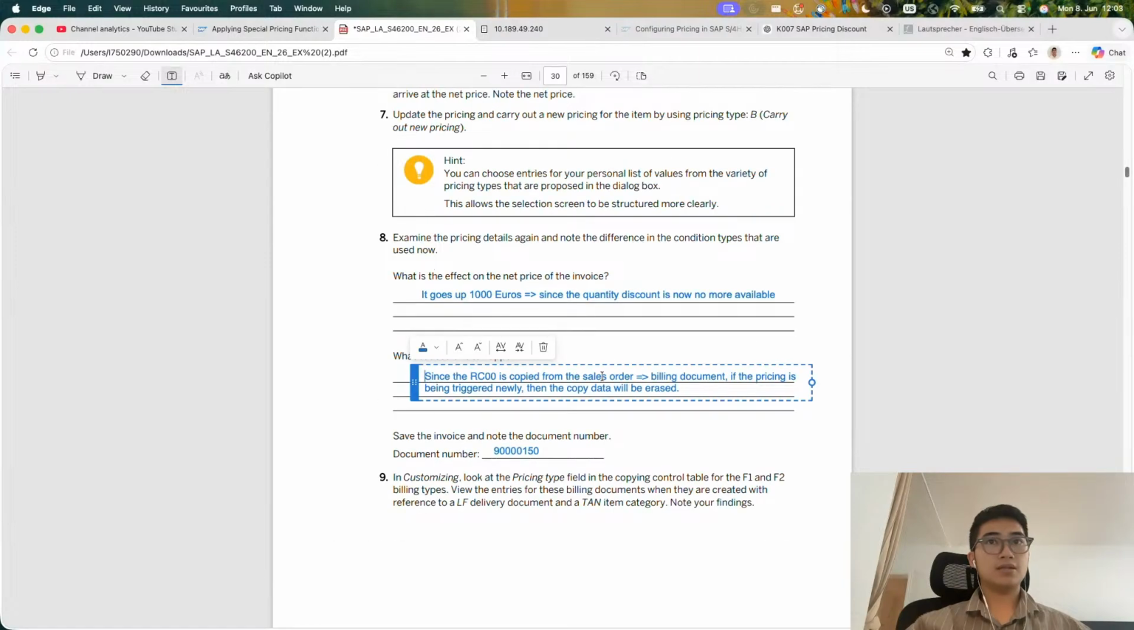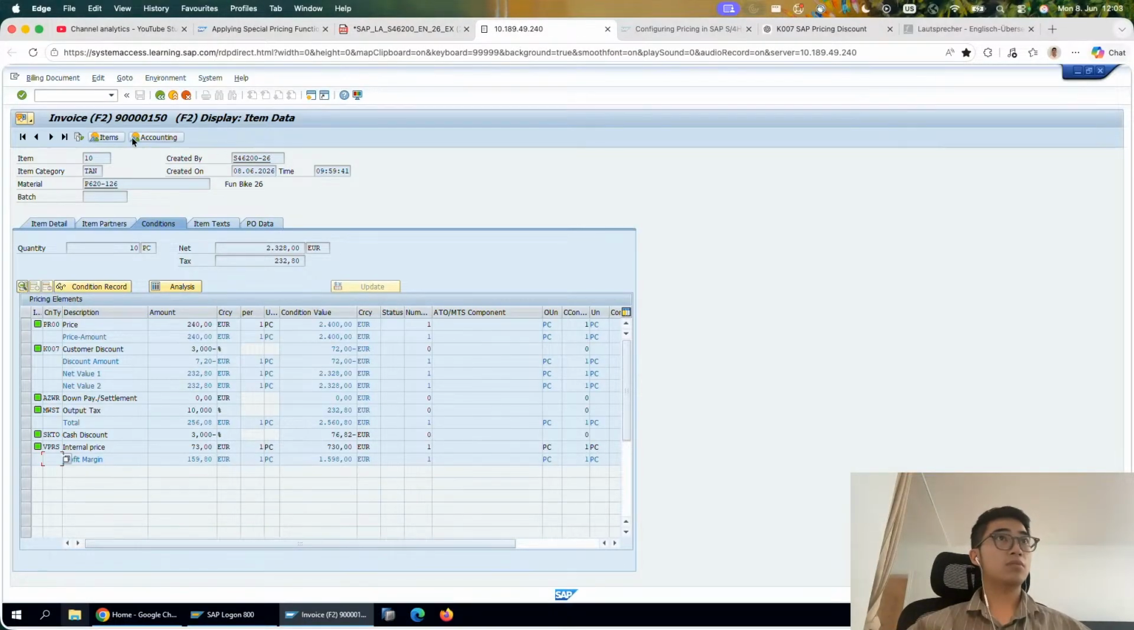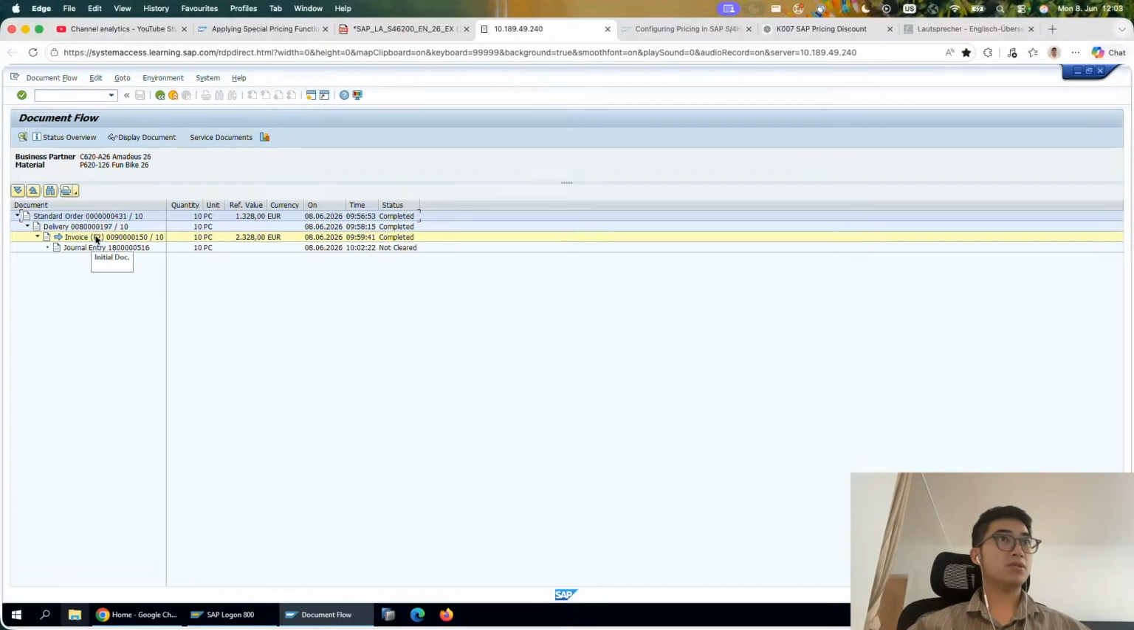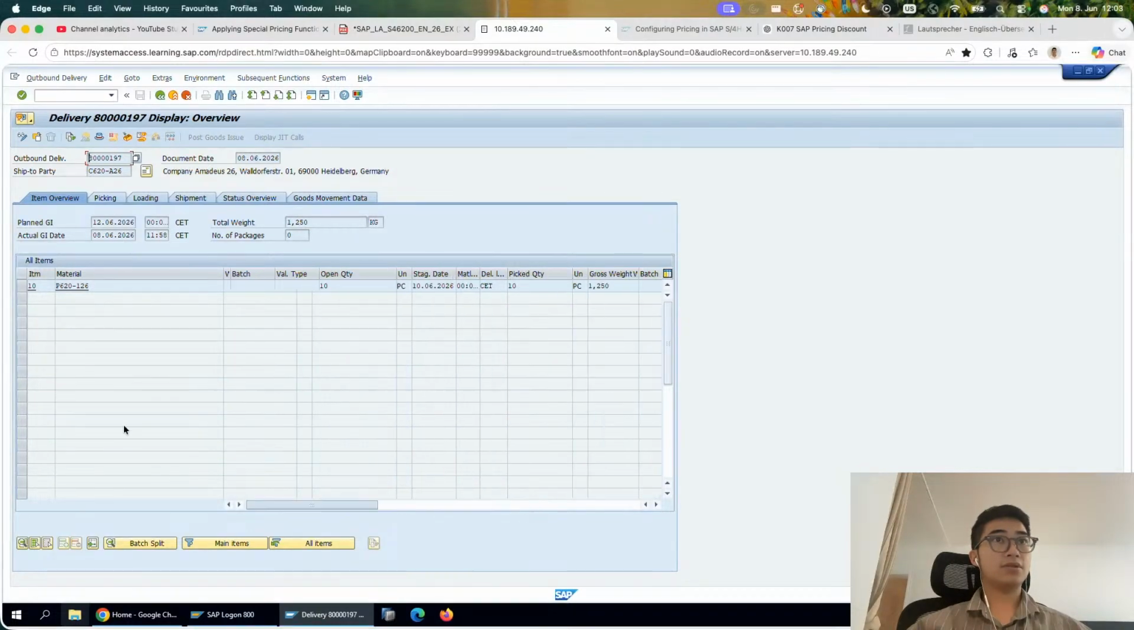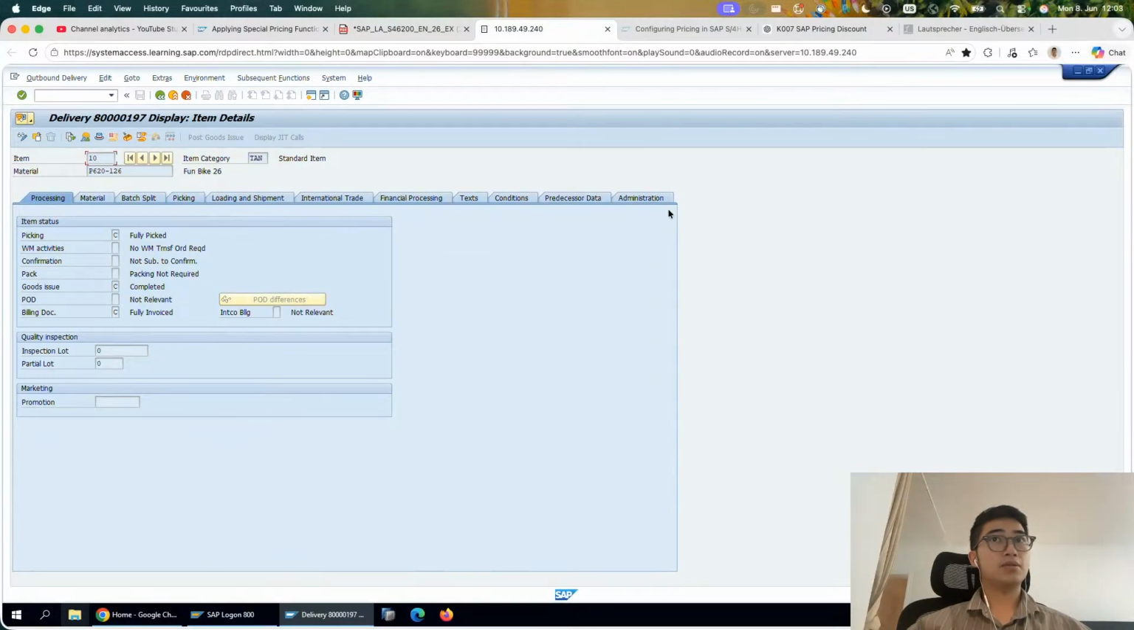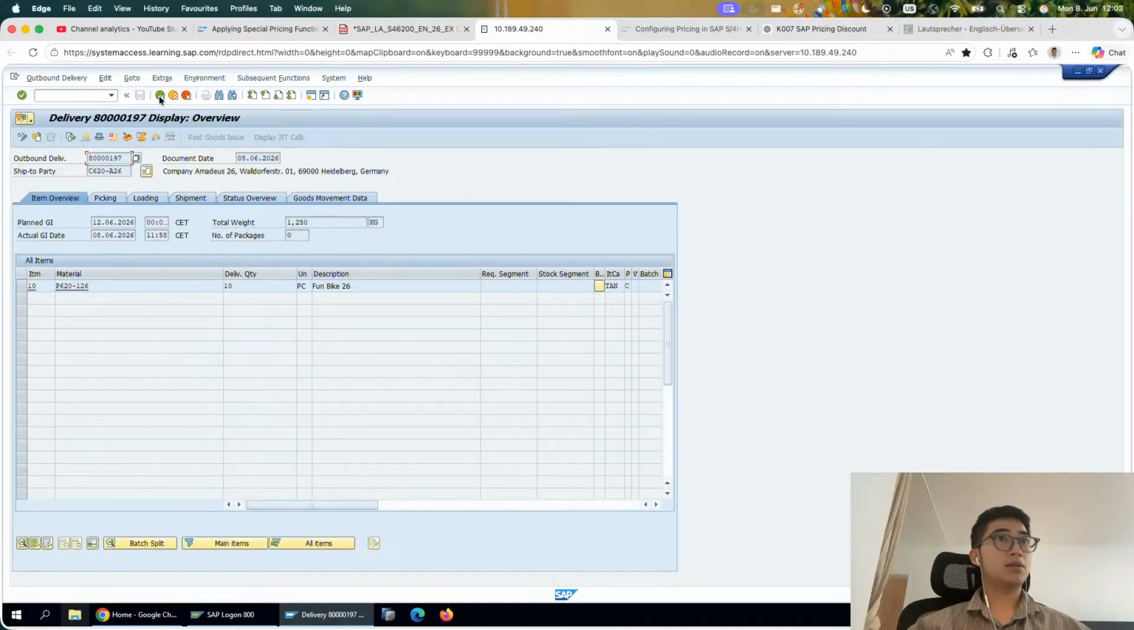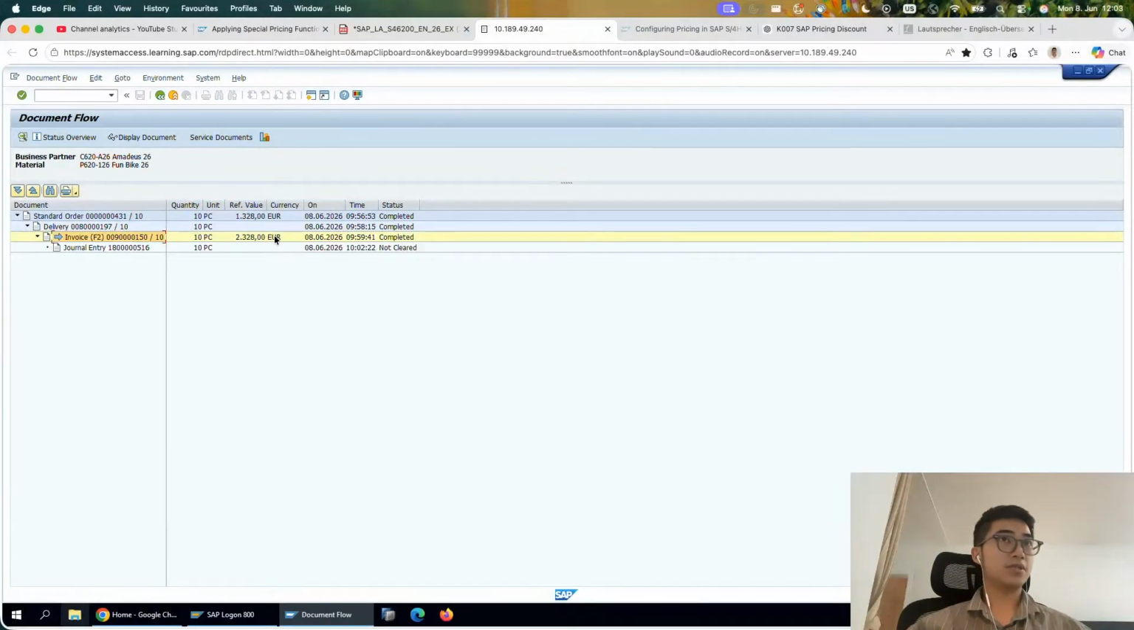So it could mean that it's not being copied from the sales order, but from delivery. I think we copy from sales order to delivery, and then from delivery to billing. Could be then the whole document flow. Because if we check the document flow from the invoice now, you see that I have the standard order with a reference value of 1328, with a discount, of course. It will be copied to the delivery with these items. I don't think we have any condition value for now in the outbound delivery, but this will be copied all to the invoice,